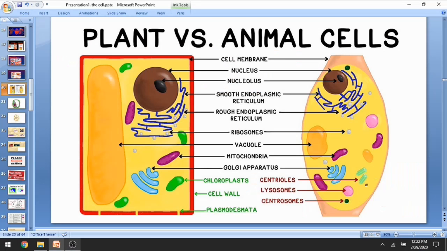Present a beautiful diagram of plant versus animal cell. So in this diagram, I have labeled in green some of the parts, and those which are exceptional with red labels in animal cells, and these are some labeled which are common in both plants and animals. So have a look. Let's take a look at this diagram comparing plant and animal cell.